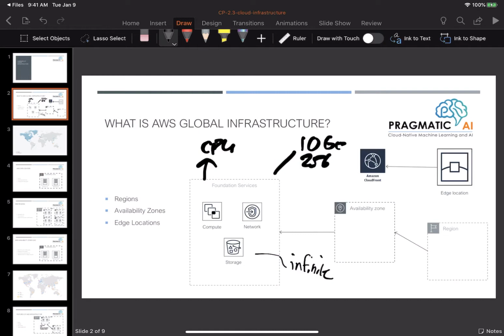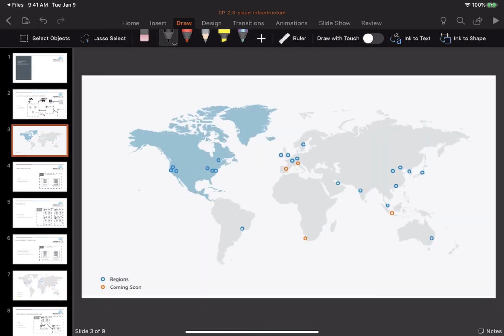And we'll discuss this a little bit more, but an availability zone, there's many of them in a region, and there's regions all over the world. And then finally, there's edge locations, and these edge locations are located in many of the same places as the regions. And these are where you can put content so that it can be distributed closest to where the client will consume that content. Now, this is a picture of the regions and also some of the regions that are coming soon across the world.